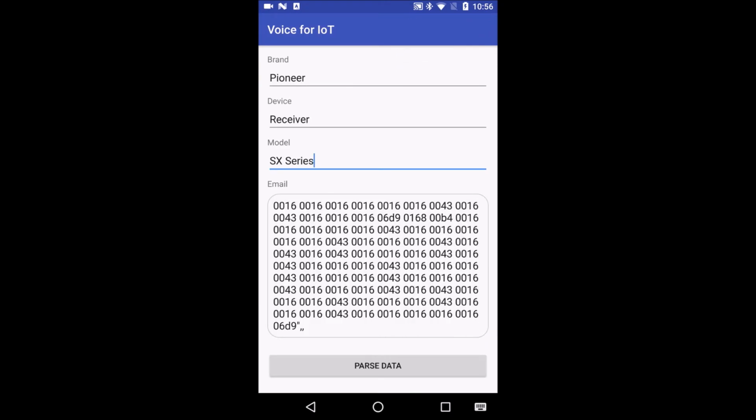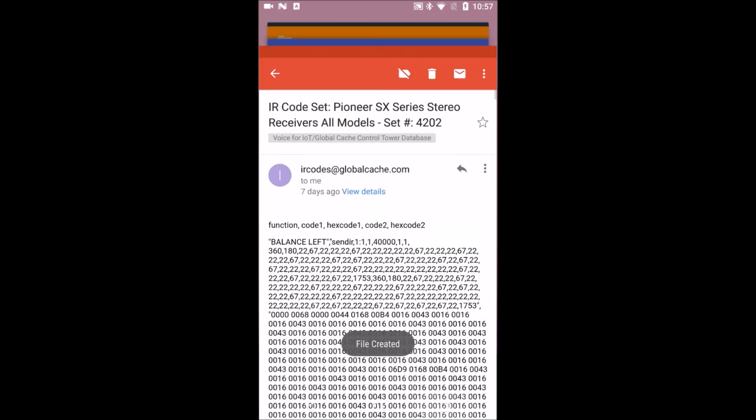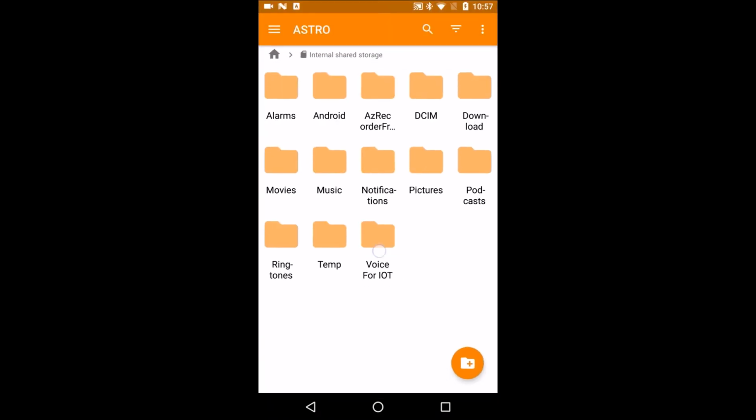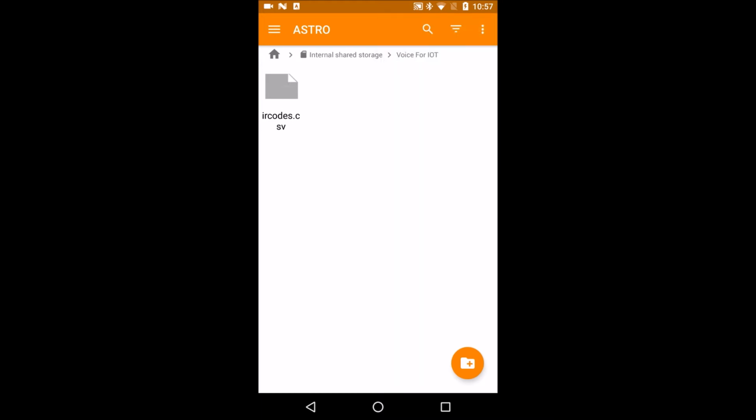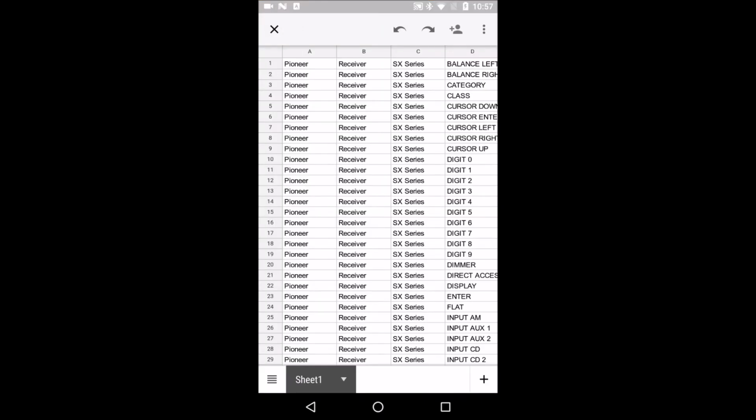And as we can see, there are not three dots on the bottom indicating that all the data was shared to the Voice for IoT app. I now have the IR codes in a data format that is easier for both the app and the user to read. I'll now show adding